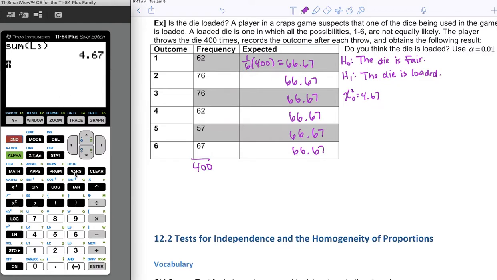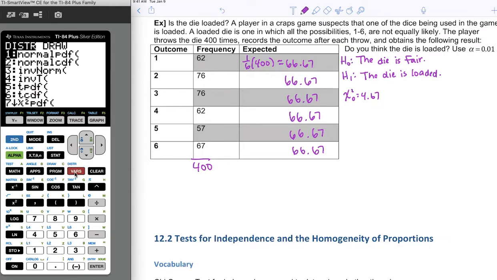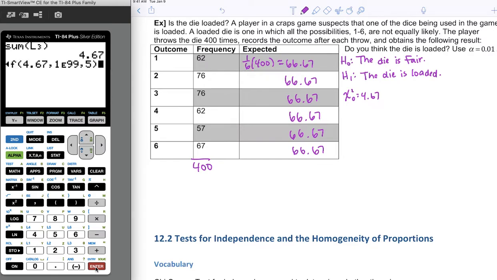So now we're finding our p-value, second vars, number 8, chi-square CDF. The lower bound we just found, 4.67. The upper bound will always be 1e99 for this. The degrees of freedom, once again, will be 5. There were 6 outcomes for rolling a die. Paste, and then let's press enter to get the answer. This is the p-value. It's a pretty high p-value,